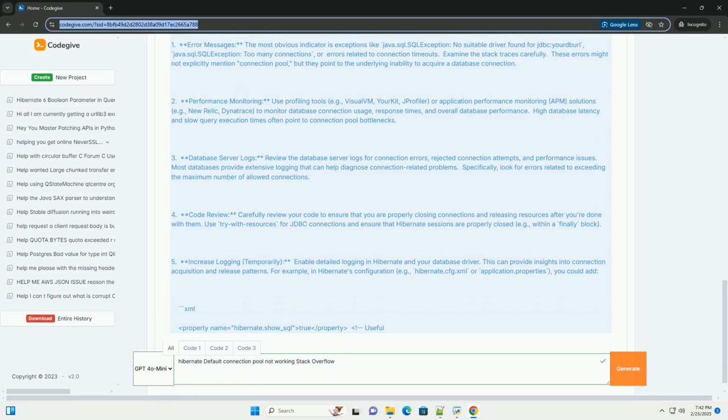4. Code review. Carefully review your code to ensure that you are properly closing connections and releasing resources after you're done with them. Use try-with-resources for JDBC connections and ensure that Hibernate sessions are properly closed, for example within a finally block. 5. Increase logging. Temporarily enable detailed logging in Hibernate and your database driver. This can provide insights into connection acquisition and release patterns. For example, in Hibernate's configuration, for example hibernate.cfg.xml or application.properties, you could add